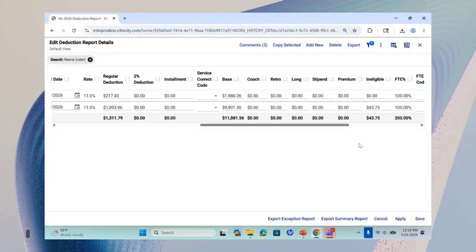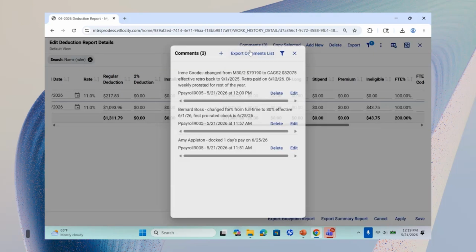That's fine. You do not change the deduction to make it look like you didn't take it. This is all in the past. So this needs to represent what actually happened on June 25th. And on June 25th, I paid somebody hourly pay and accidentally took deductions. No problem. The money is in the correct field. Everything else is in the correct field. The deduction is accurate. We're just going to go up to the comments